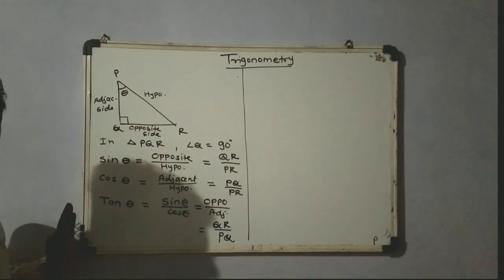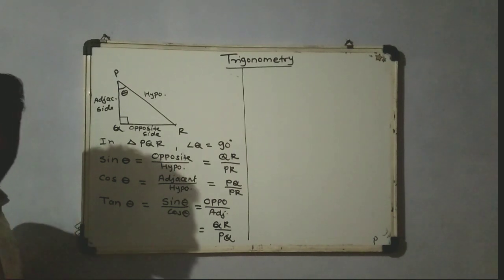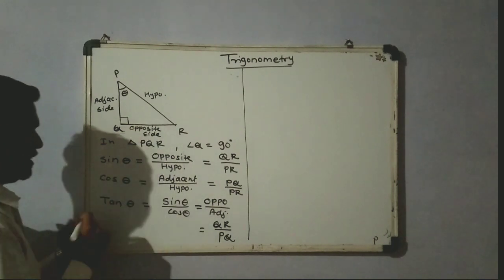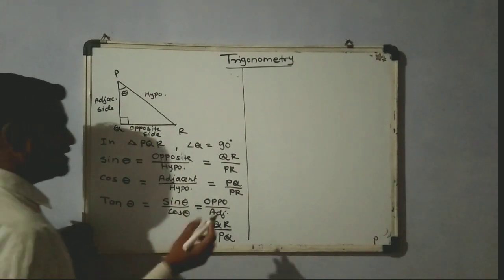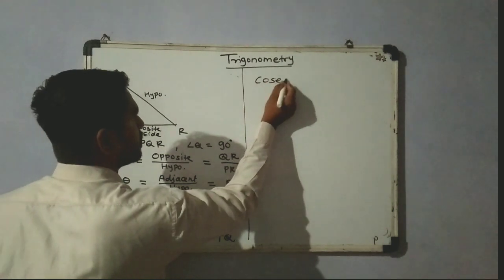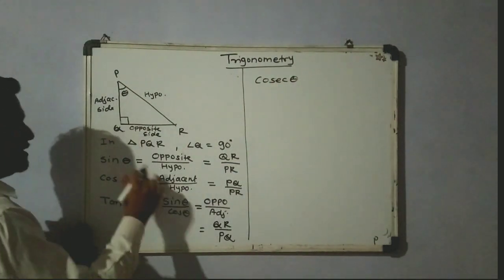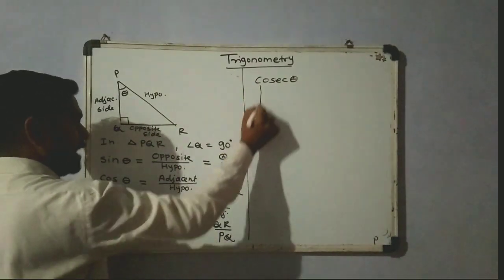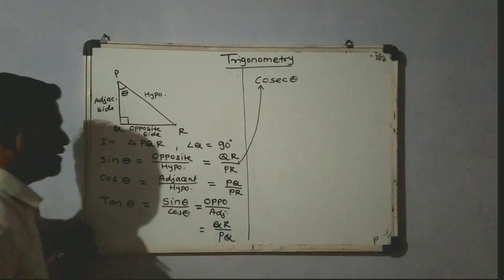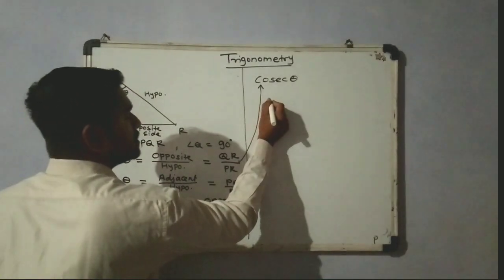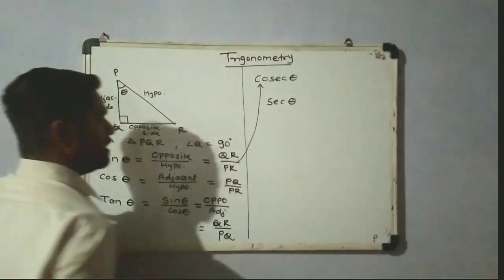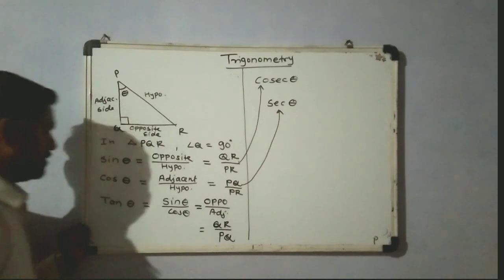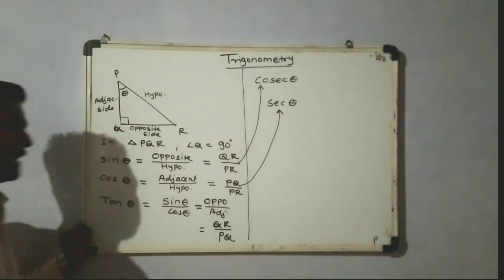After finishing these three trigonometric ratios, now we are going to take another three trigonometric ratios. Don't disturb the sequence of these trigonometric ratios. Sine, cos, tan. Immediately take cosec. Why do I say that? Because cosec is related to sine. Here cosec and sine are related to each other. Next, after cosec comes sec. Why? Because sec is related to cos. This sec is related to cos, and at last, cot.